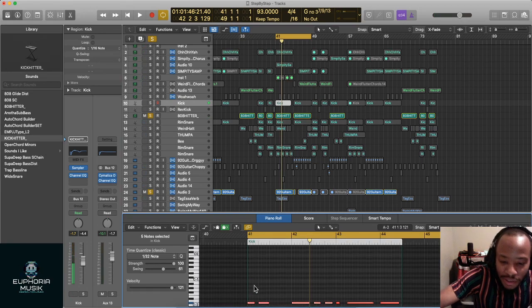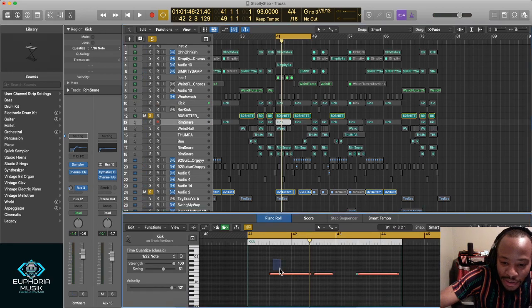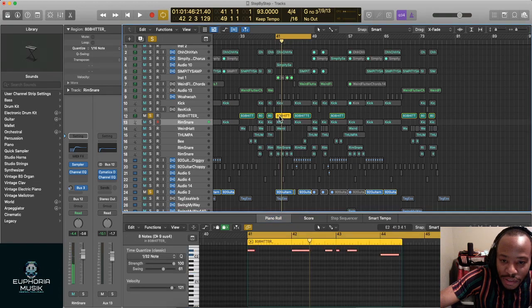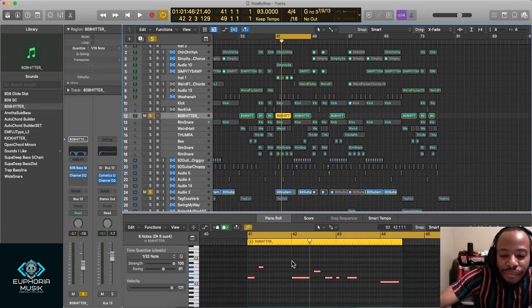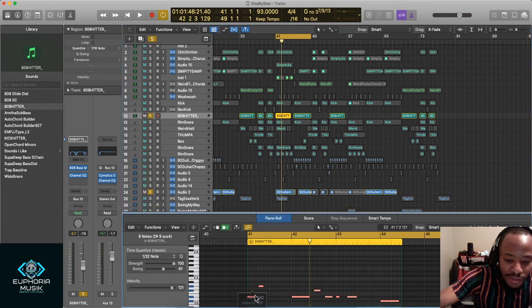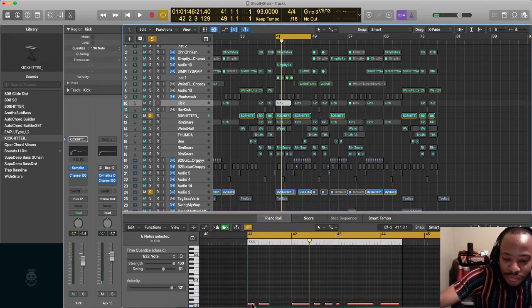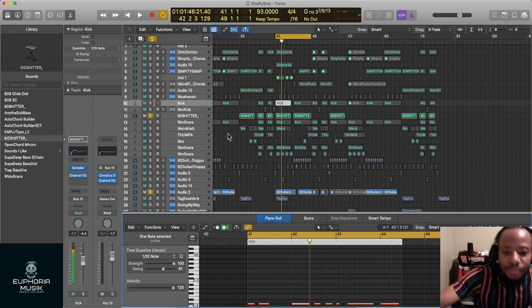These are both hitting in the same area. Hold on. Kick. Oh, there's the 808. So the 808 just has pitches. And then the kick is just doop, doop, doop. Just like that.